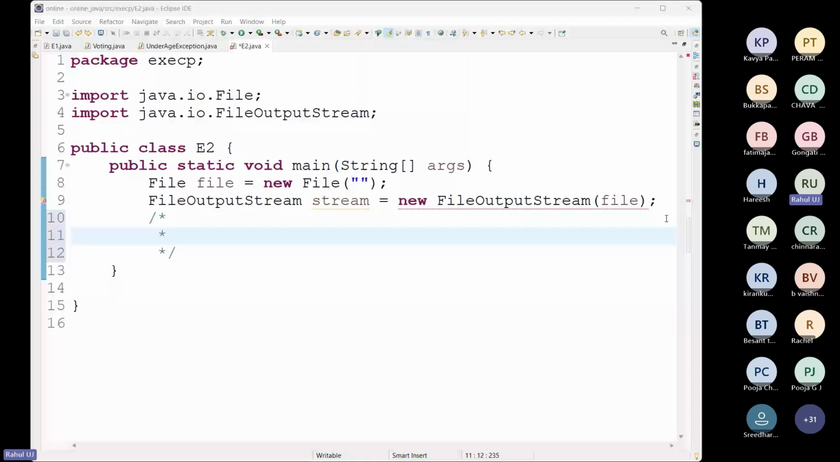So have I executed this class until now? Have we executed this class until now? I have just created two objects, that's all. So before execution itself, it is saying unhandled exception type FileNotFoundException. Your compiler itself is warning. For example,